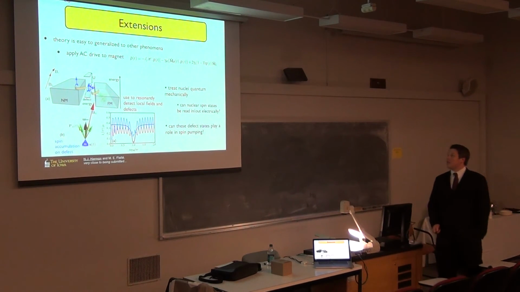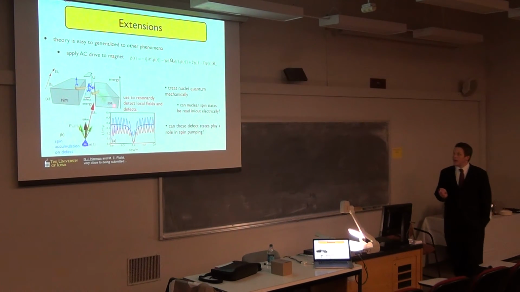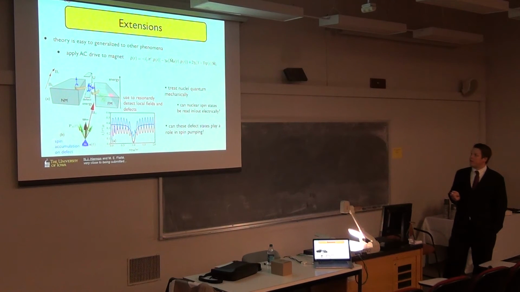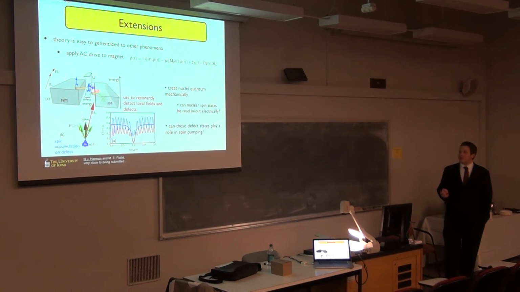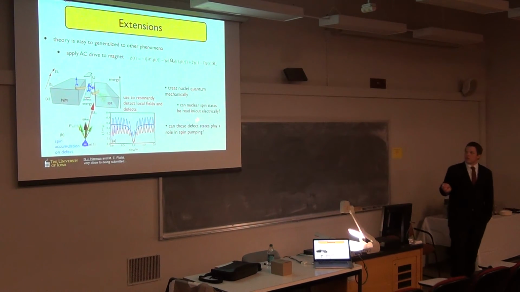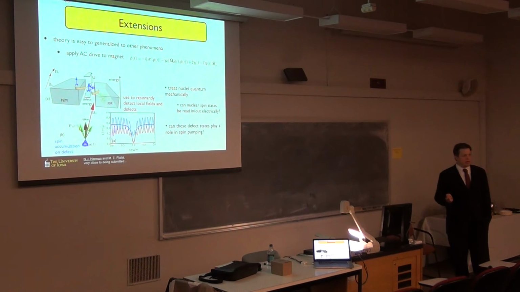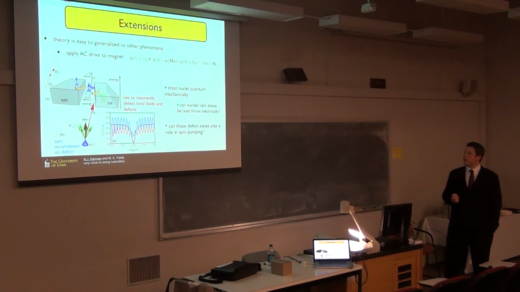What I've been doing recently is a lot of different extensions to this. One is to apply an AC drive to the ferromagnet. We've generalized this stochastic equation accordingly. So this green, which is hard to see, is now rotating. And when it rotates at the same frequency as the Larmor precession of the defect, you can actually get this sort of resonance behavior. We believe that you might be able to use this type of technique to measure local fields of defects, or just use it to measure any type of real magnetic fields.